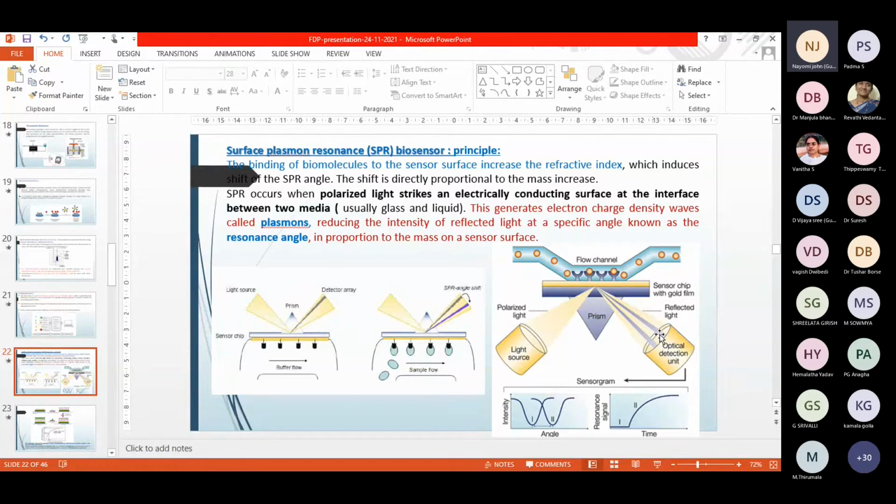On the left side, if you see, this is the polarized light. In the first diagram, if you see, there is no antigen binding onto the antibody. For example, if we observe here, the black ones are the antibodies. There is no antigen binding. So the